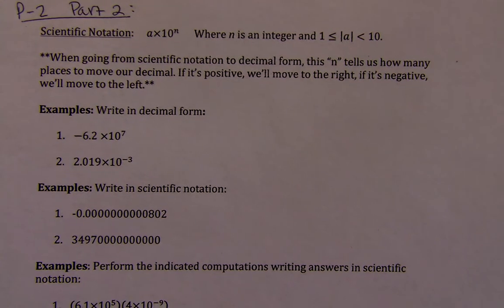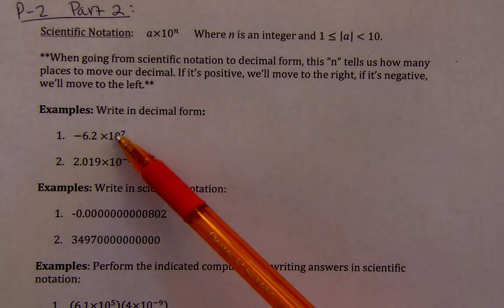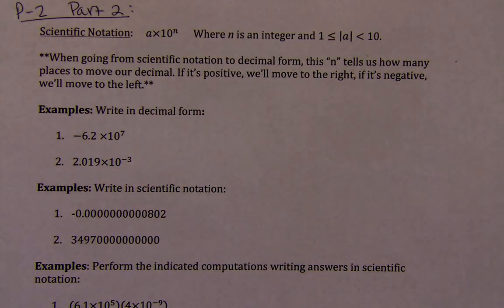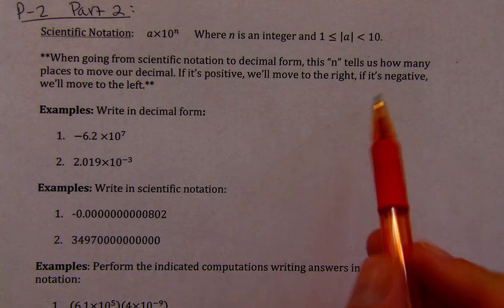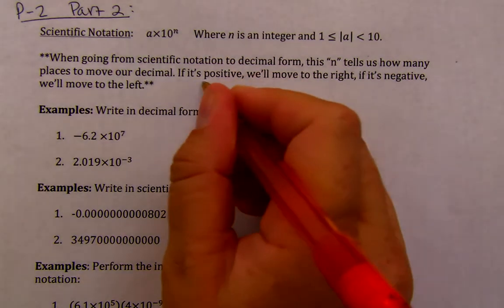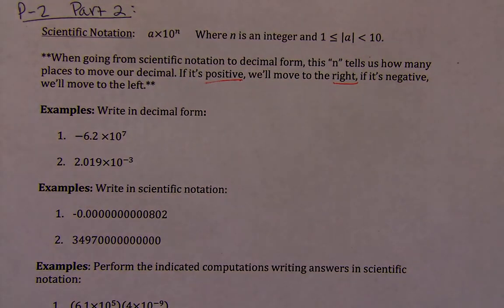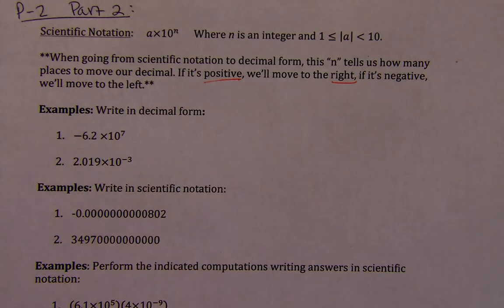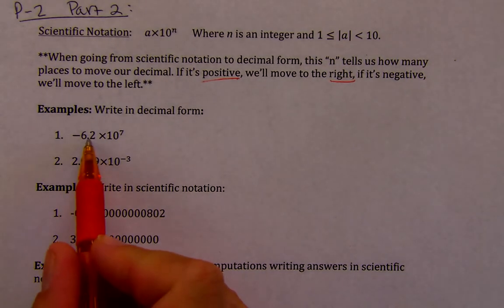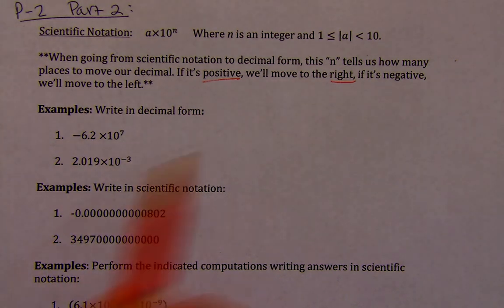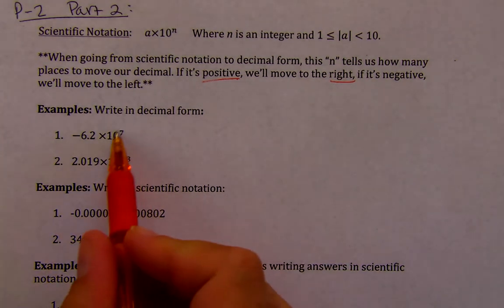In these first couple examples, we're going to convert back and forth between scientific notation and decimal form. Here we're starting with scientific notation and writing it into decimal form. So our decimal is going to move to the right if it's positive. So if it's positive, it's moving to the right. And looking at the first example, our exponent is positive. So what we're going to be doing then is moving our decimal place to the right, however many places we